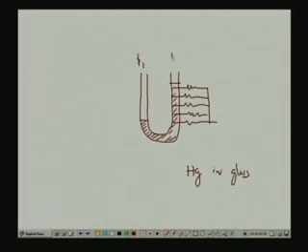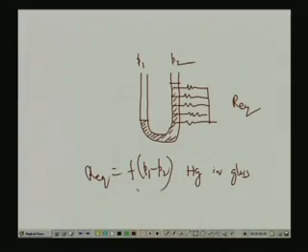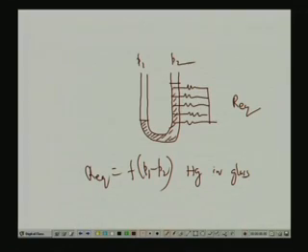Suppose this is P1, P2. So, this change of resistance, the equivalent resistance R equivalent, will be a function of P1 minus P2. That can be utilized to get an unbalanced voltage if I put it in a bridge circuit, with the unbalanced voltage as the output. That can be calibrated in terms of pressure. But as you know, this is a discrete form. Suppose the liquid column is in between two resistances, then there will not be any change unless the manometer liquid touches the resistance and changes it, right. So, these are all about manometers.